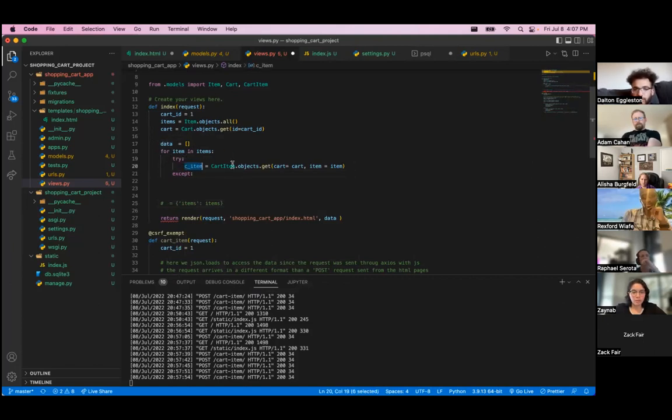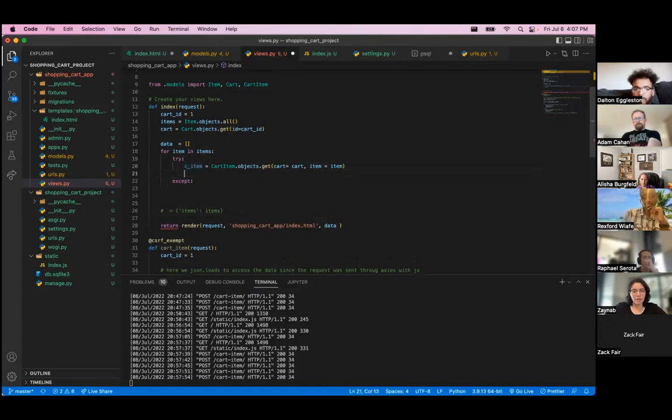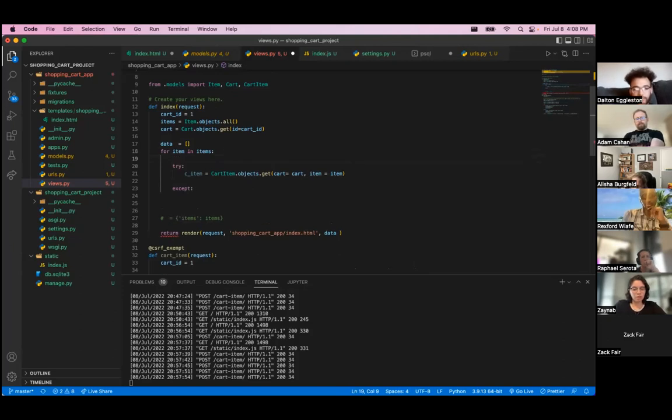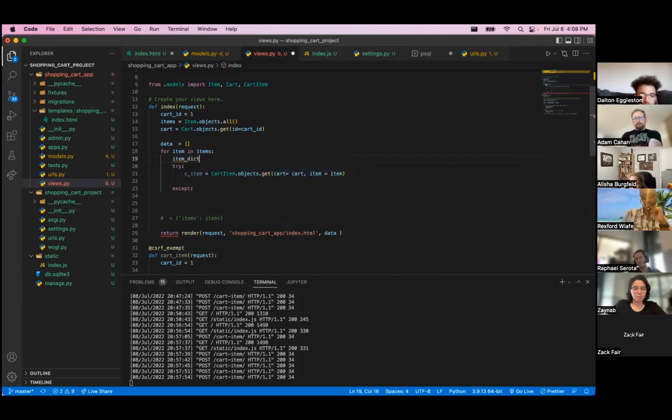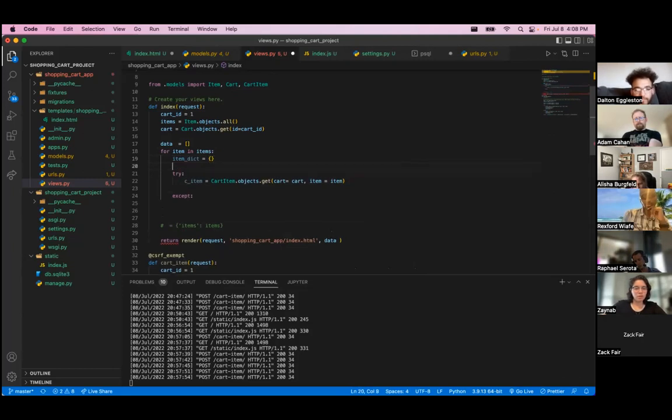Okay, so I'm retrieving the cart item if it's there. And so if it is there, then I think we want to create an empty dictionary, maybe at the beginning of this for loop. Yeah, I agree. So item dict. Yeah, and we could